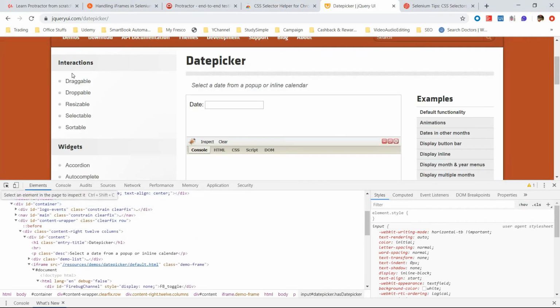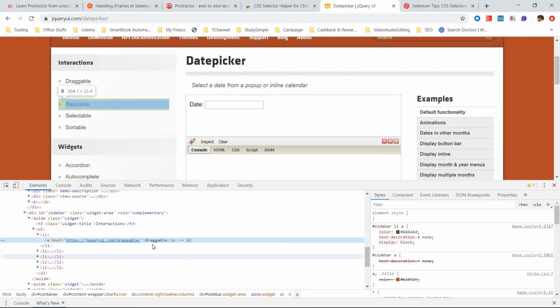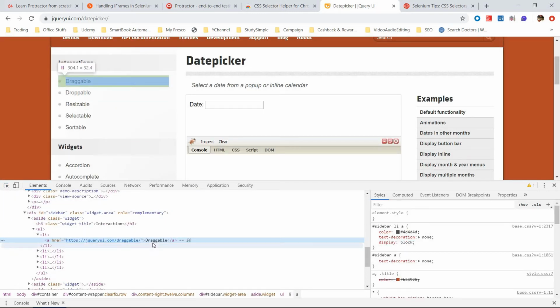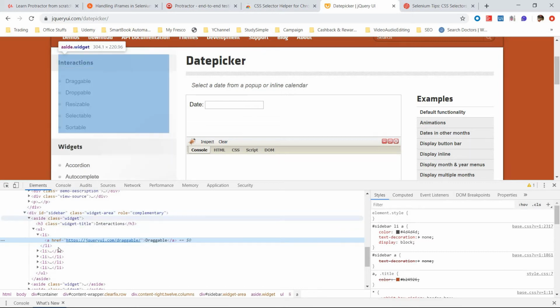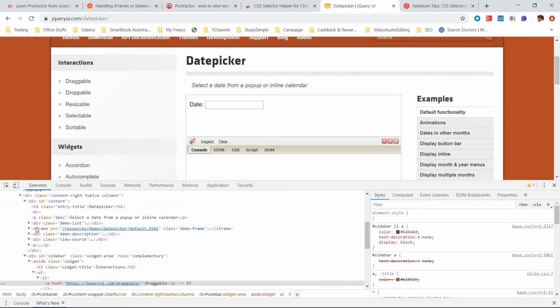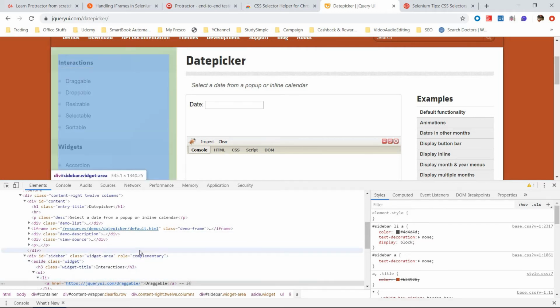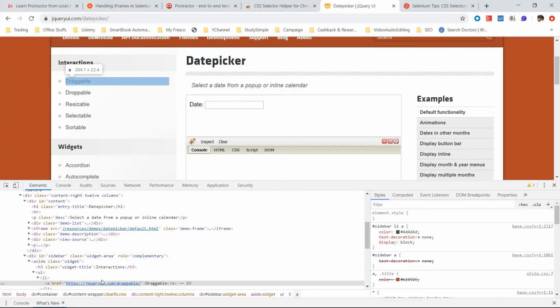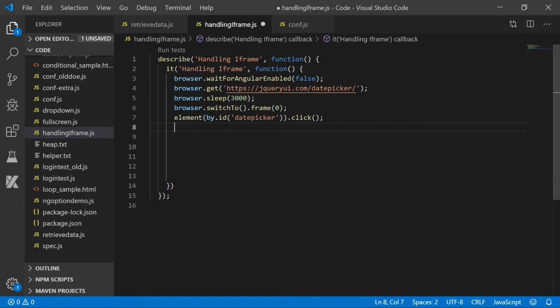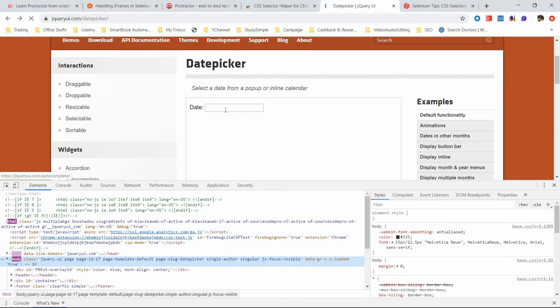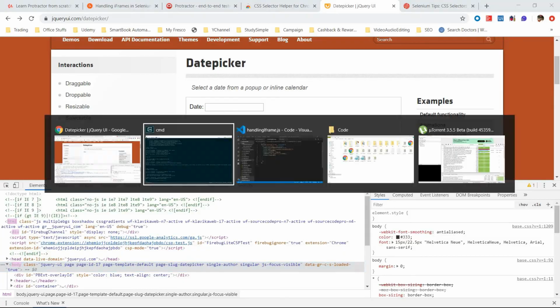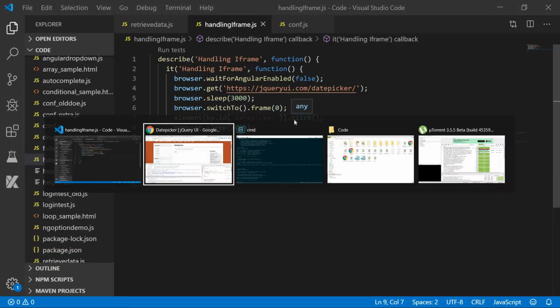Now if you check this draggable, see this draggable is outside the iframe. The iframe starts from here and closes there, but this one is outside the iframe section. So for clicking on the draggable option, we have to switch back to the main page. We have switched to the iframe part and clicked on the date picker field.